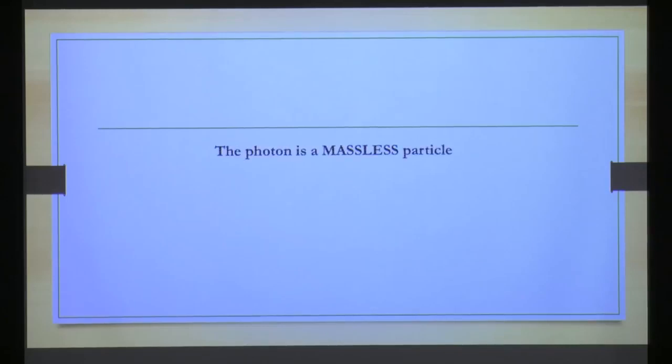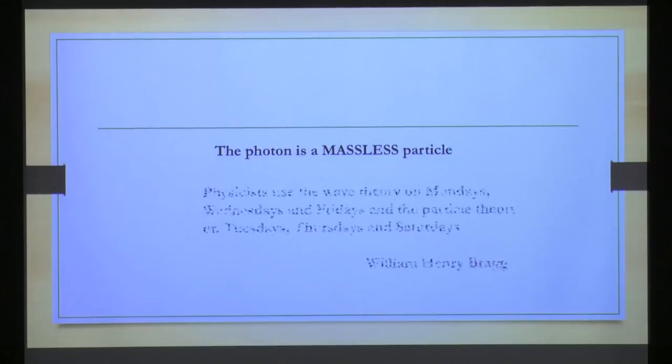So the first thing that Einstein said is that the photon is a massless particle. And if you look at this, it really doesn't make sense because we always thought that particles had a mass. And if something was massless, it would actually be a wave. So if you say that it is a massless particle, it doesn't make sense. And that's where I start by telling you it is counterintuitive. You cannot understand it. But it does make sense if you're making calculations, to the point that another Nobel Prize winner,